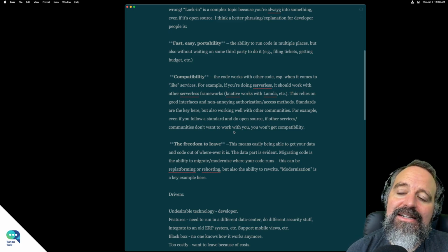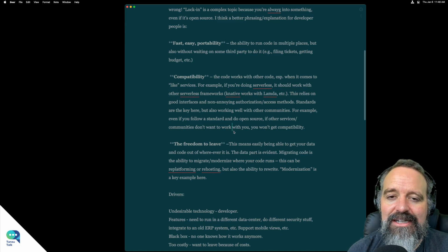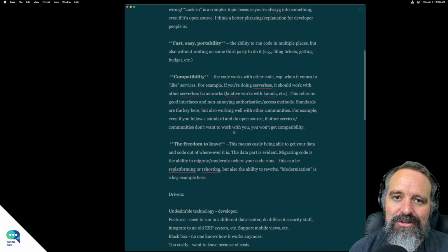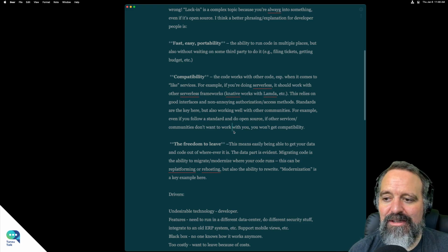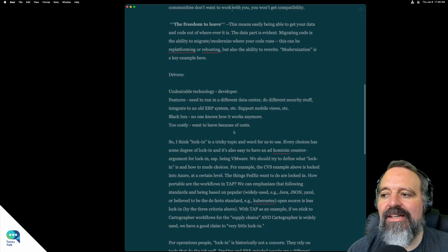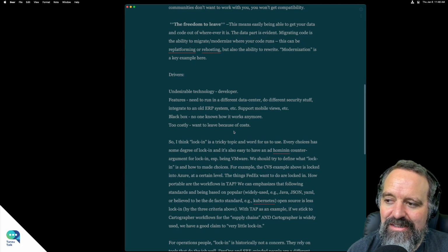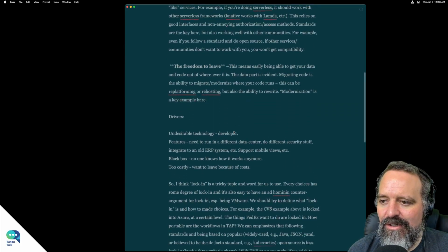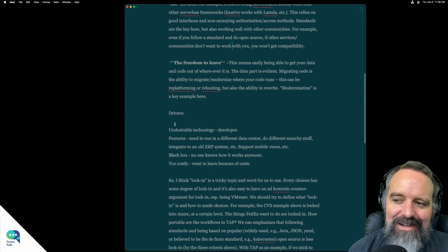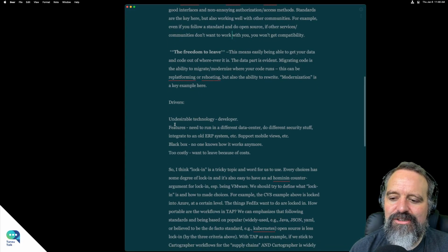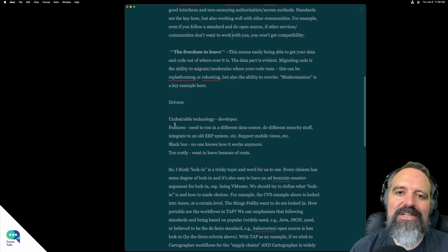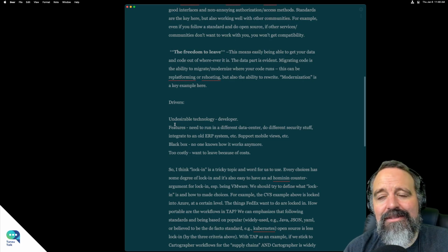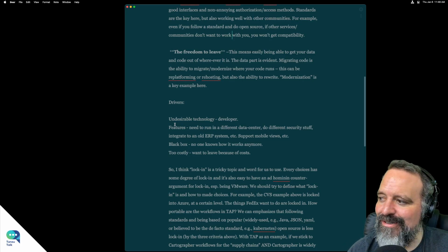So lock-in is not only a concern of getting the software that you're getting from a third party, but also how you are architecting and making your files open, and also making sure that in the future you can do something with them. Which I think, the other way I wanted to round this out is to go over some drivers. I've mentioned them, but just to make it explicit, what are reasons people worry about lock-in?